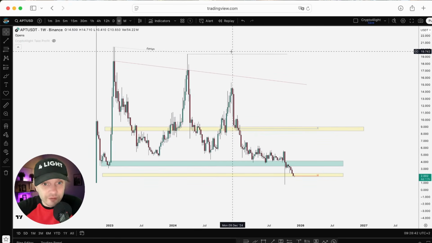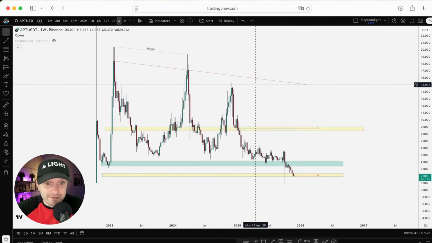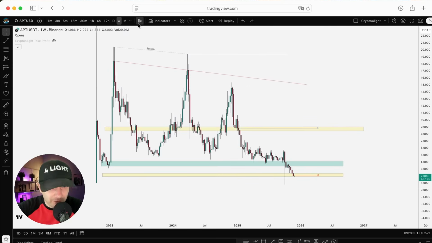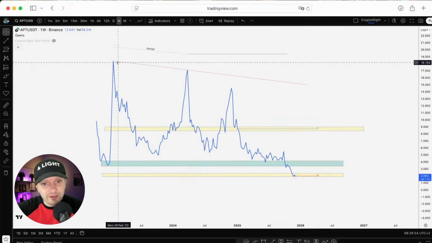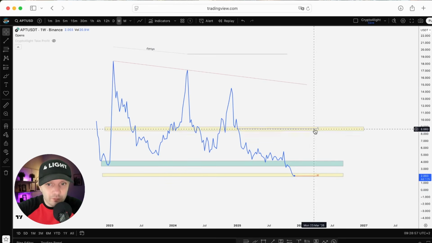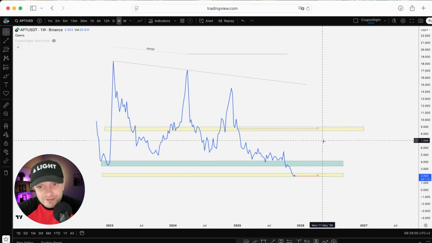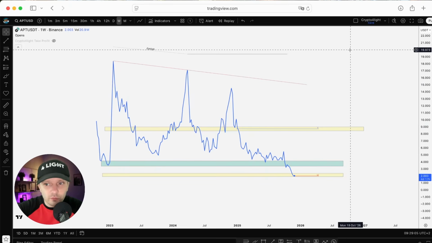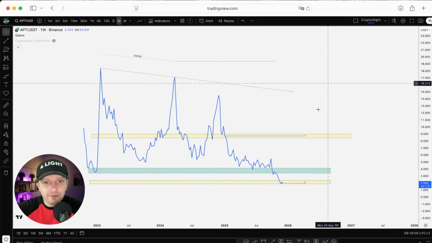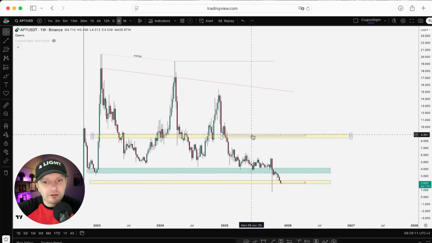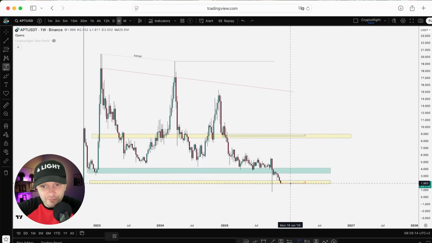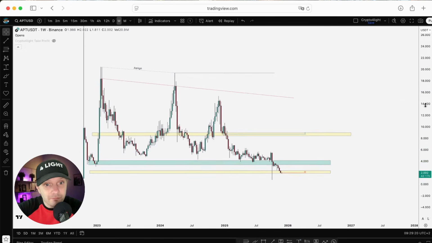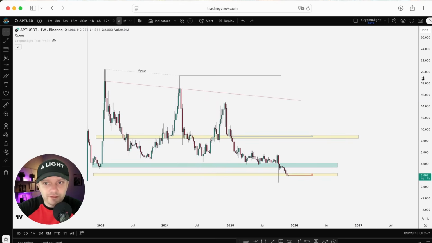Technically, I think one day we will sweep the all-time highs, but nobody knows when. But I believe, not because I believe in Aptos or so. I'm not a fan of any tokens, but I think we will come back to the yearly open here, maybe reject, drop down again. After that, break this downtrend line, and maybe $20 will be the new all-time high. But people will start talking about $50, $100, and all of this stuff. So technically, from now, it can be around 1,000% gains. Yes, not that much maybe for someone, but it's a good profit.